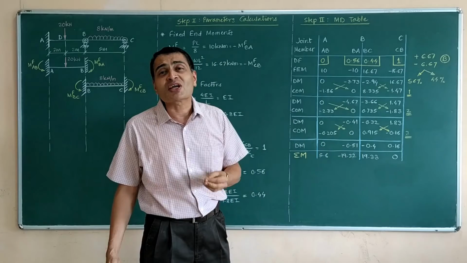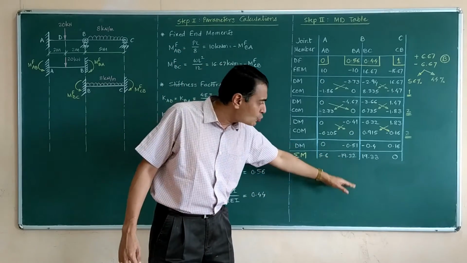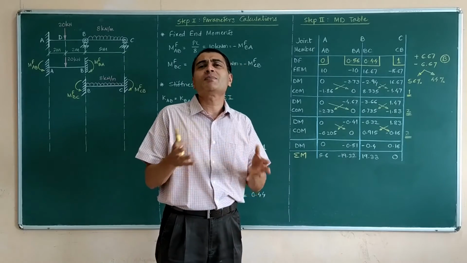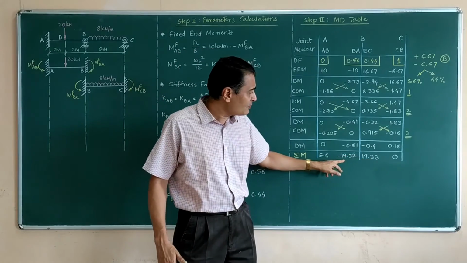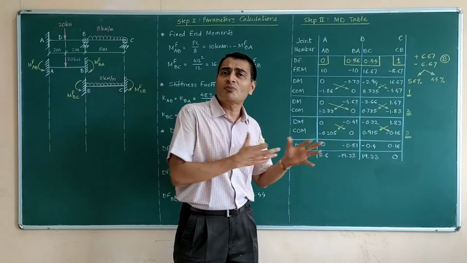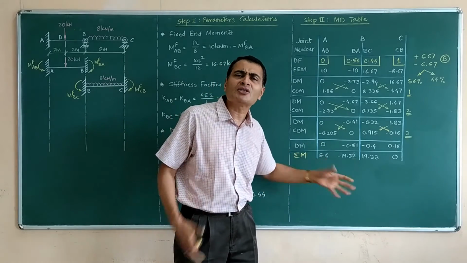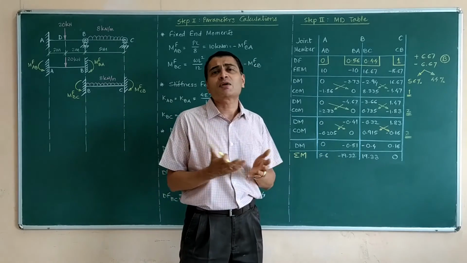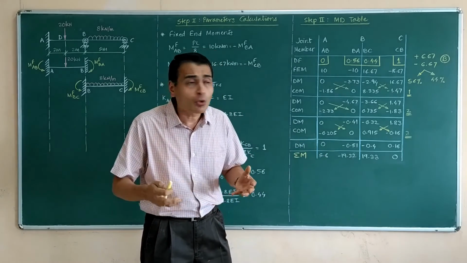The error is extremely small. And perhaps if you do 2-3 more iterations, then also it may not vanish, or you may simply say that these two are equal. If this were minus 19.326 or something, I don't remember exactly what that figure was, I might have written this as minus 19.33, and that much accuracy is definitely acceptable. So what do I see?